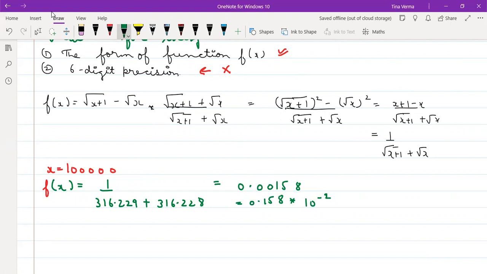So here you have 3 significant digits. You have just changed the form of the function and saved your significant digits. That can be done because, as in the previous case, when you have the subtraction of two nearly equal numbers, you will lose your digits unless you change the form of the function. Suppose x is my number